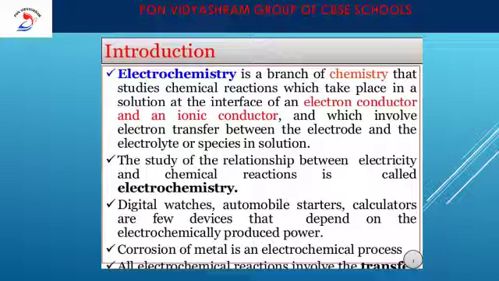and if you understand the background of this reaction, corrosion of metal, for example, corrosion of iron. If we understand the chemical reaction carried out in this reaction, we can very easily explain how it is relevant with the electrochemical series. So, all these points we will be talking about under electrochemistry.